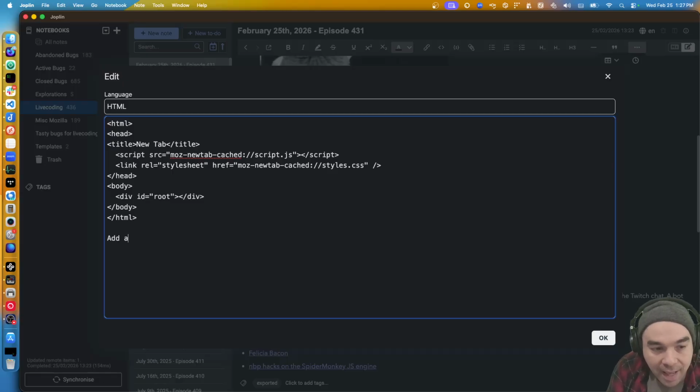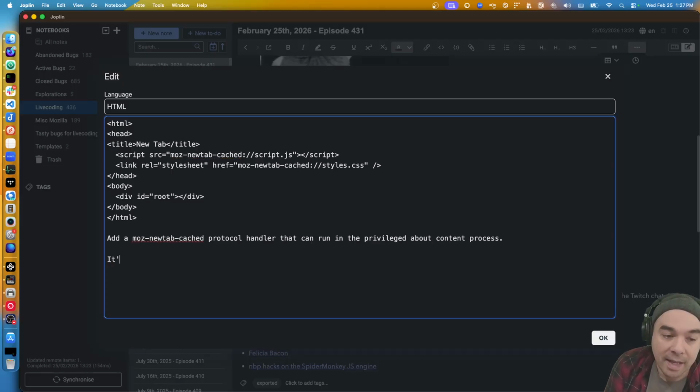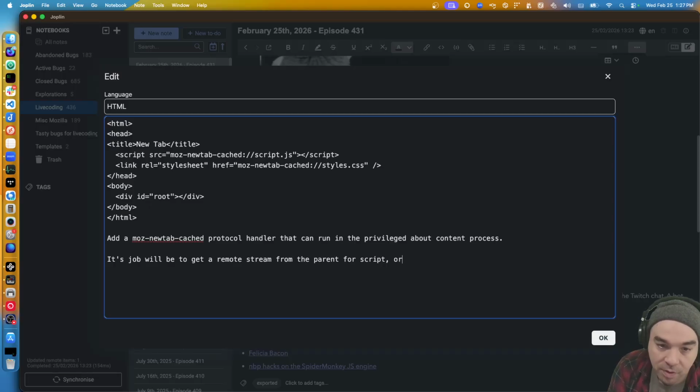And then we add a moz-newtab-cached protocol handler that can run in the content process, in the privileged about content process. Its job will be to message the parent, basically to get a remote stream from the parent for script or for styles. When the parent receives the request, the parent will check for the appropriate